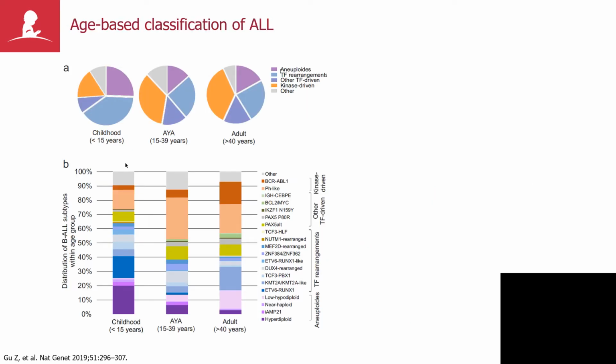I don't have time to go through all of the subtypes, each of which is interesting in their own right for various reasons, but now if we come back to look at a landscape of BALL, we can refine the classification much better. We've moved from less than 10 subtypes to now over 20 subtypes of leukemia. Even this slide is a little out of date now, as we've identified a couple of uncommon additional subtypes of leukemia, but this represents the main subtypes of leukemia that are now recognized.